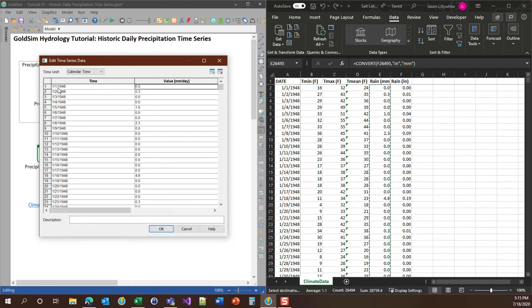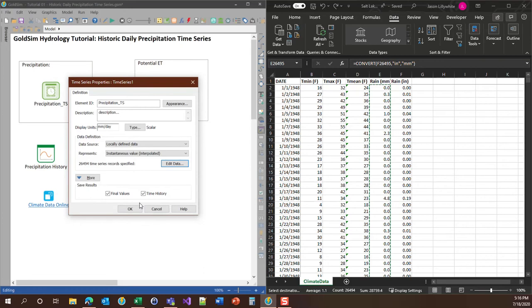Now you'll note that the dates start January 1948 and end, it looks like, July 14th, 2020, which is actually today. No, it's not, it's a few days ago. But anyway, now that we have the data in there, when I click OK, you see the table closes,